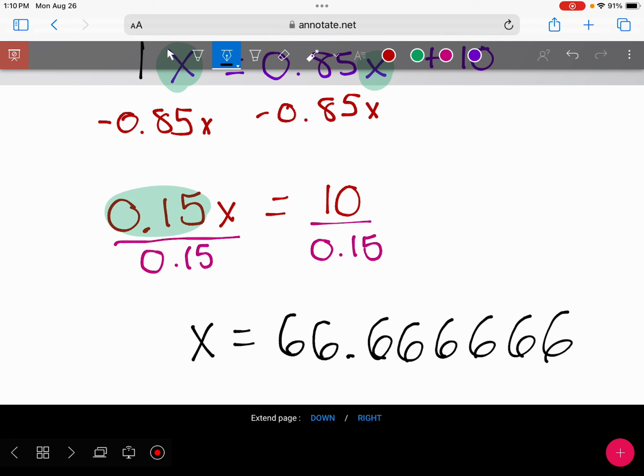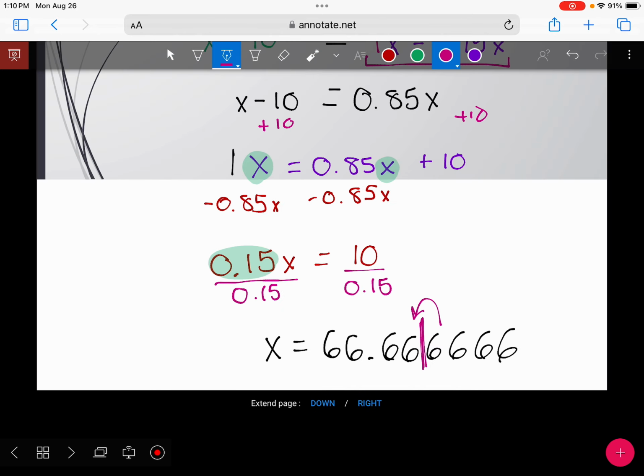What are we talking about? Money. Money has how many decimal places? 2. So we look at this space here. This 6 makes this guy go up. If the number after where we're rounding is 5 or bigger, it pushes it up. So our final answer is going to be that these shoes originally cost